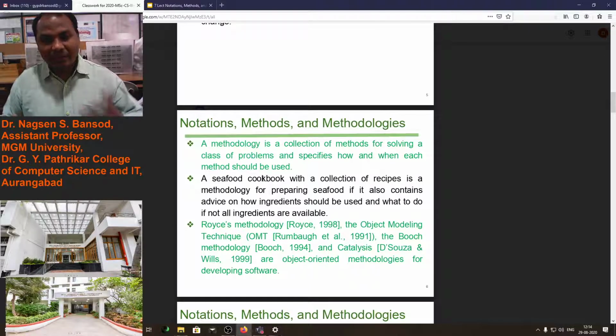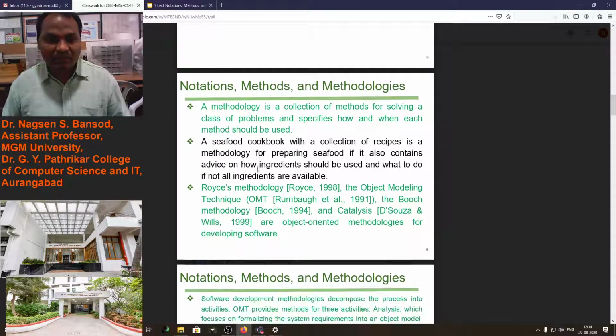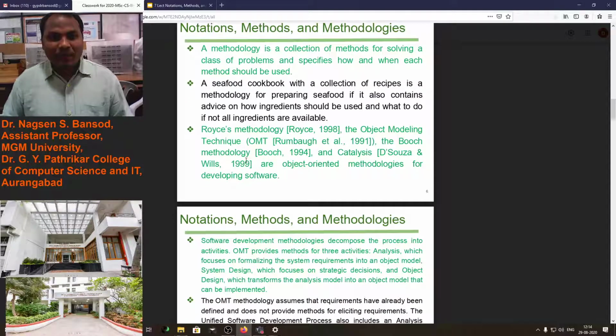A seafood cookbook with a collection of recipes is a methodology for preparing seafood. If it also contains advice on how ingredients should be used and what to do if not all ingredients are available, then that is the methodology.